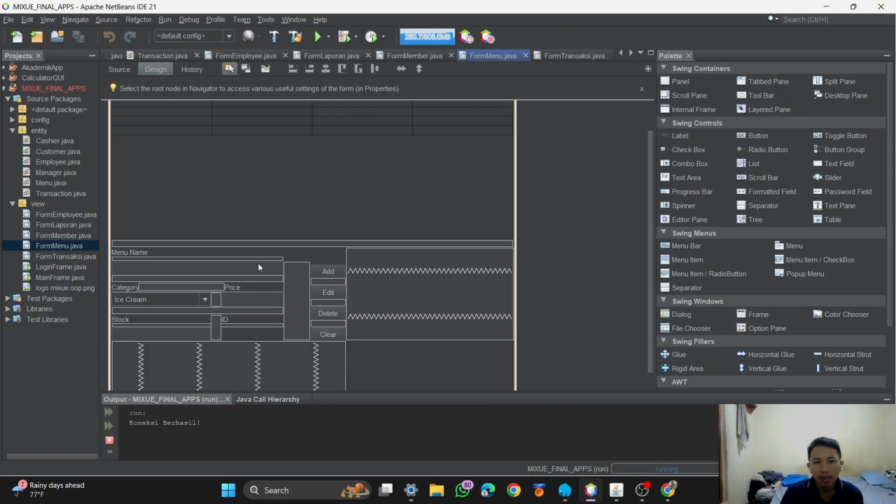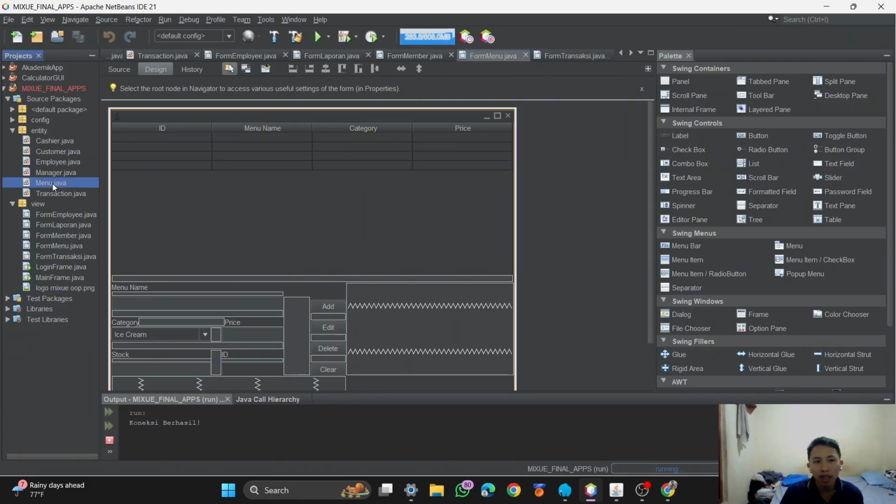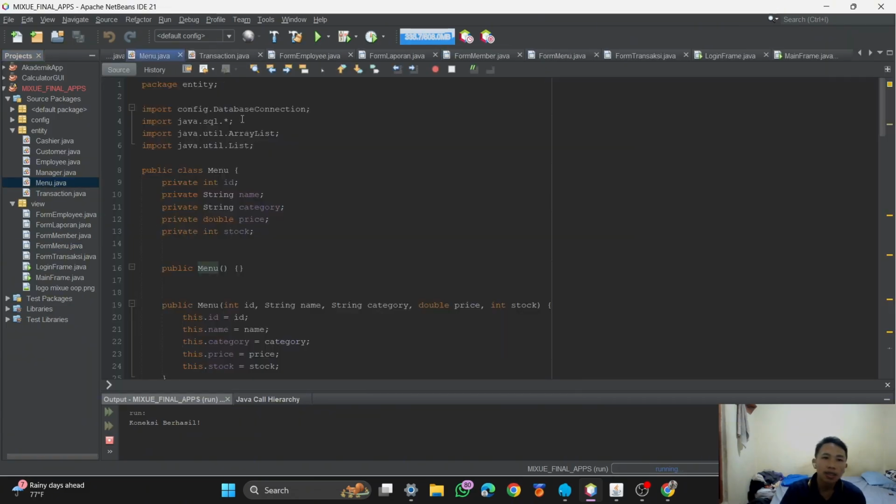Okay, like this. First, I'm going to explain the class. The package entity, the attributes of class menu: ID, name, category, price, and stock.